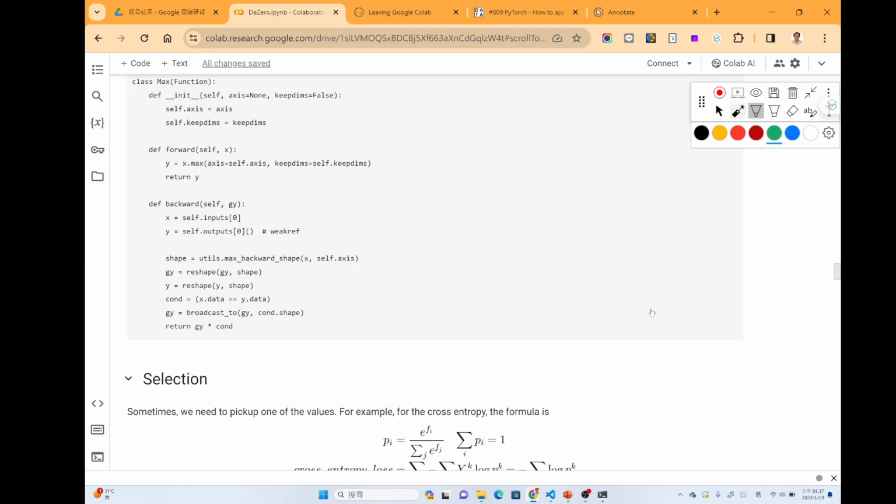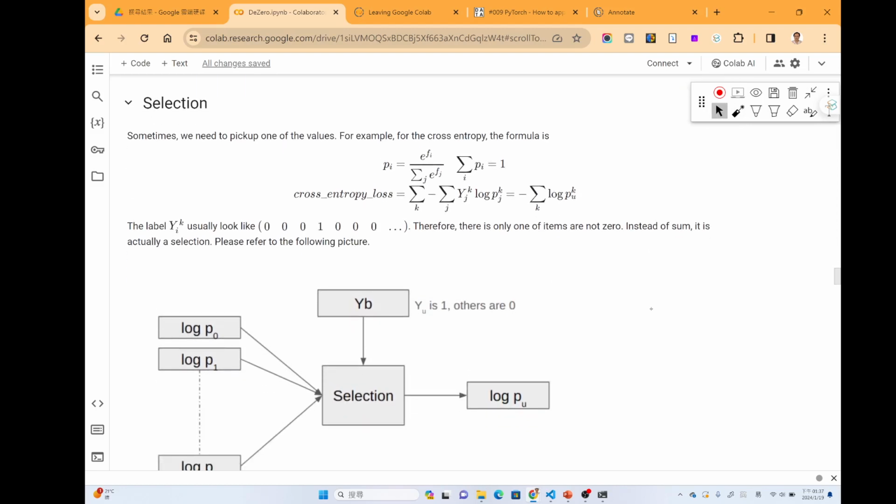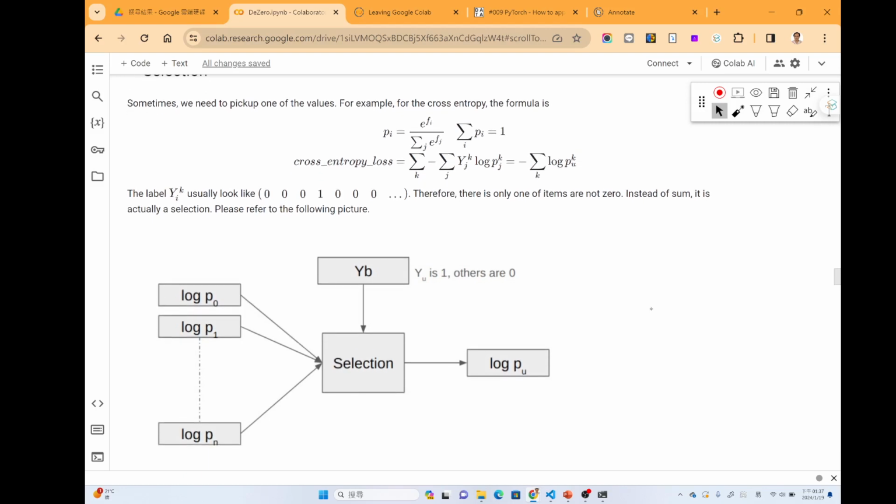Okay, so this is the implementation for the max function, and the other one is called selection. The selection means that it's the cross entropy. In the cross entropy, we use this formula to calculate the loss, the difference between the ground truth and the prediction.